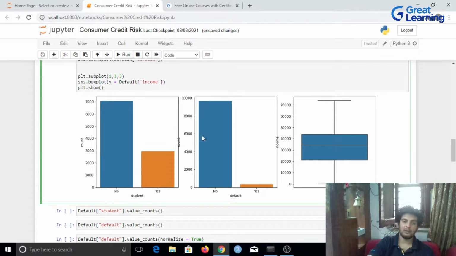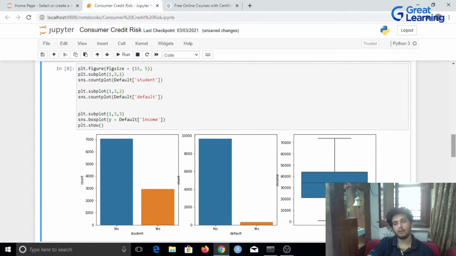More than 9,000 of them would be able to pay back their loan, and only around 300 or 400 would not. Then we've got this box plot for the income, which gives you a 5-number summary. Your minimum income is less than 1,000, and your maximum income is greater than 70,000.